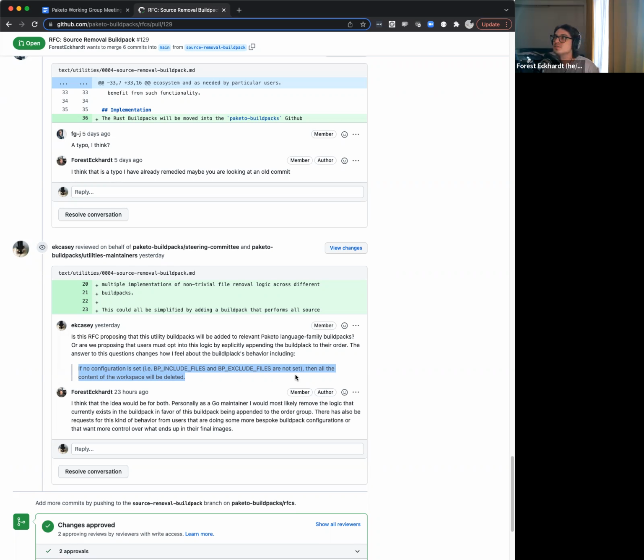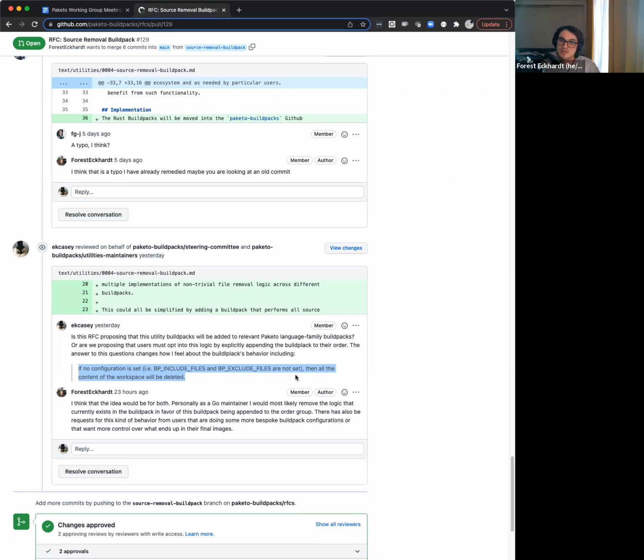I think I built this specifically for a use case that I had in the Go build pack, and surveying other build packs, I either didn't see the need to have this kind of removal, like I wouldn't want anything removed because I would want the user to completely be asking for it, or there's somewhere in between.